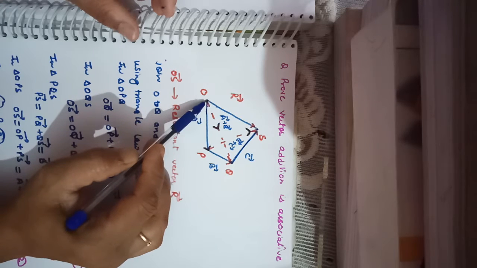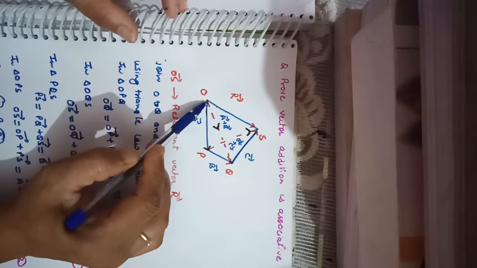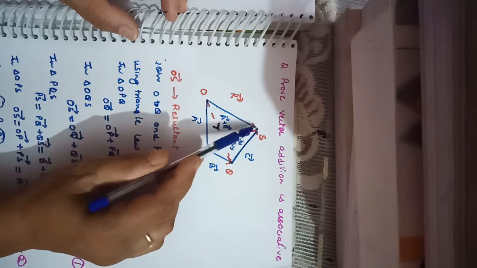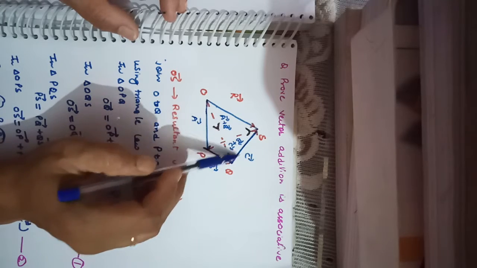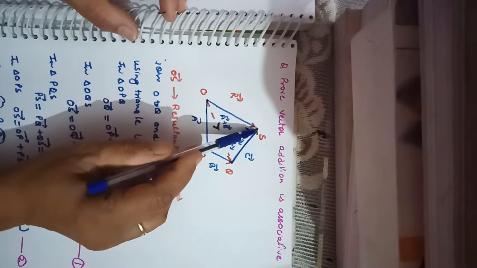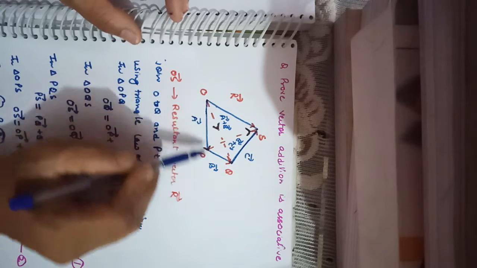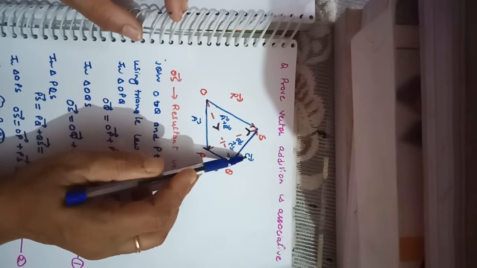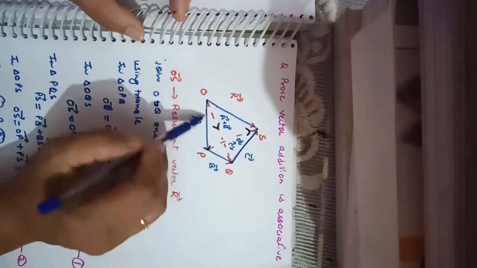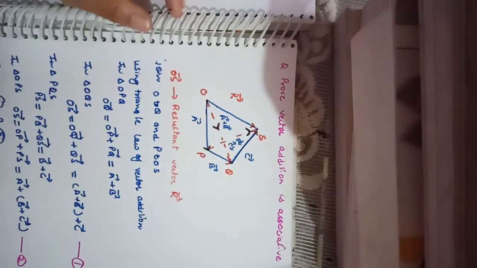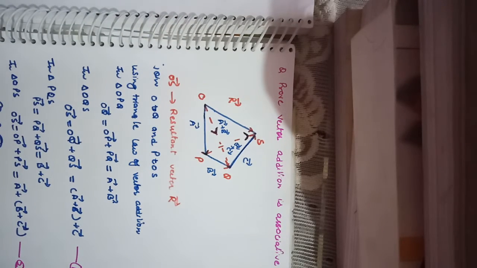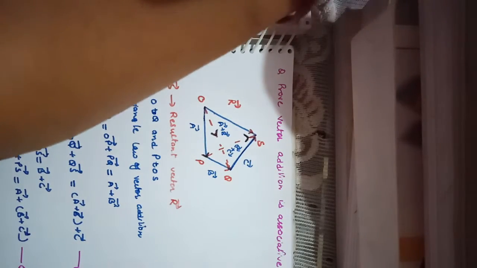So what is the resultant vector? From the tail of the first vector, join the head of the last vector. So see, this is the OS vector, which meets at the head of the last vector. So this is A vector, this is B vector, and this is C vector. What is OS vector? This is the resultant vector, which is the resultant of the addition of these three vectors. First of all, you will see how you will make this condition, how you will join the vectors in such a way.